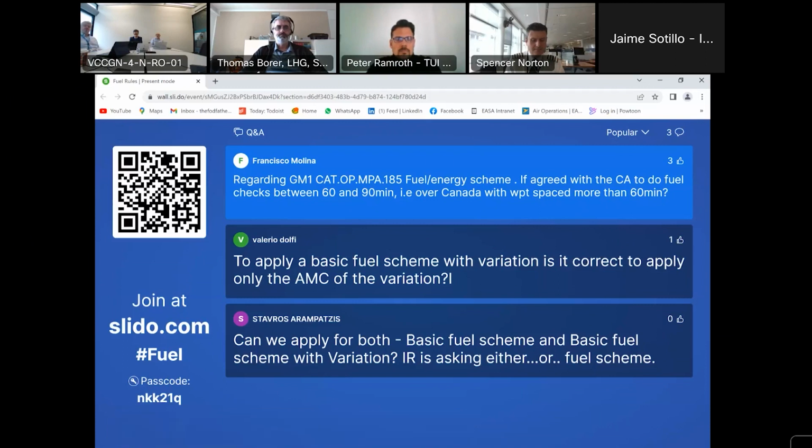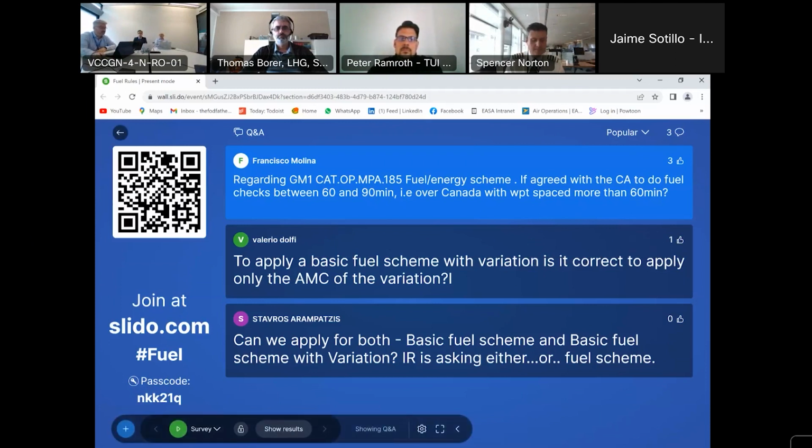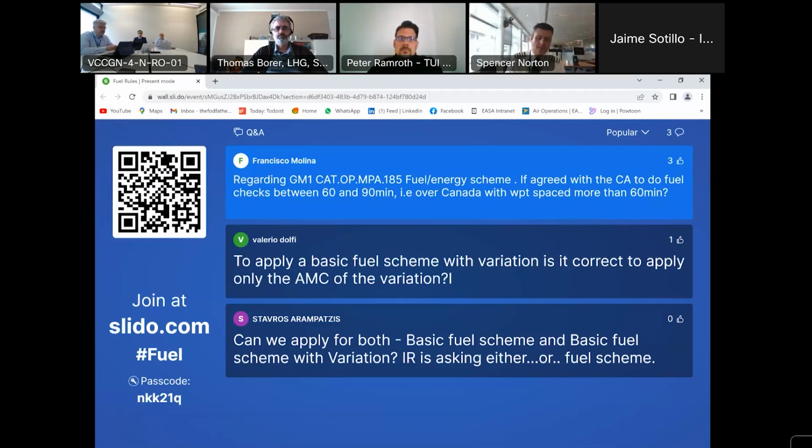The reason that 30 minutes and 60 minutes were in the guidance material is because we want to give some basic guidance to the operator and the authority to start the discussions and then finally agree on what makes sense for the operator, and it is accepted, approved by the authority when approving the overall fuel scheme. So if that 90 minutes on certain geographical areas or operation sectors is deemed appropriate for the operator fuel scheme, then the authority will approve it, and I see no problem